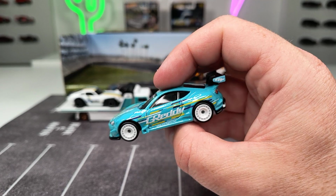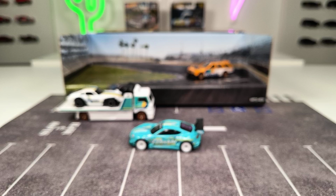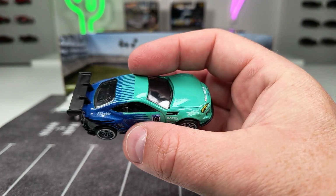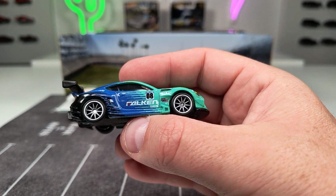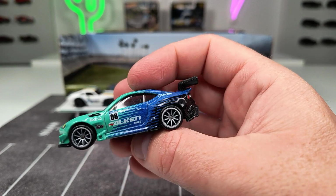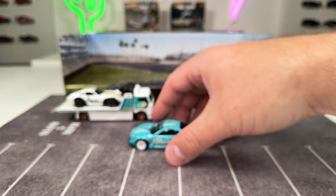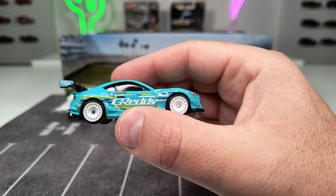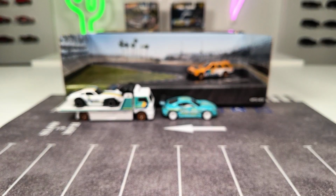I think there are five or six versions of this model. I only do have one other version, and I can show you here in a Falcon deco with the yellow headlights, also really nice. And yeah, this is also a really nice version of this guy. Yeah, nice color scheme. So there we go, and yeah,